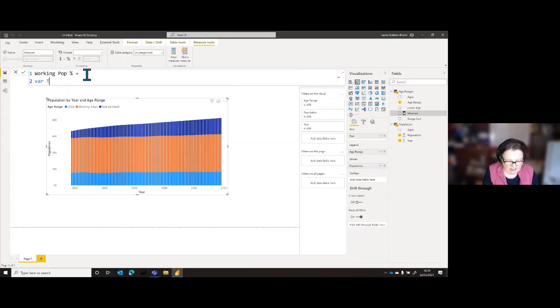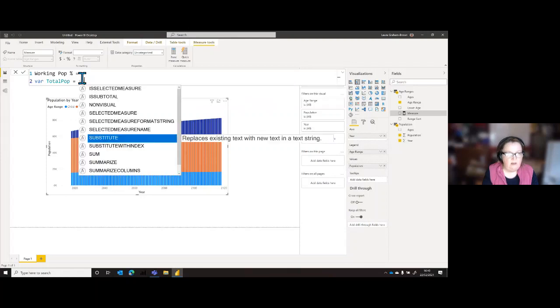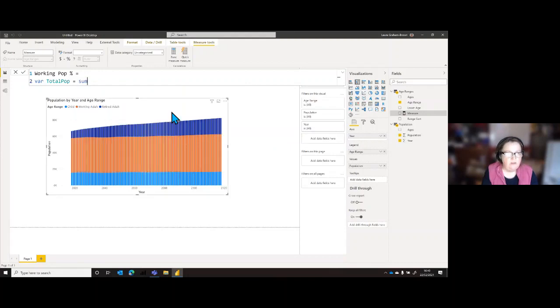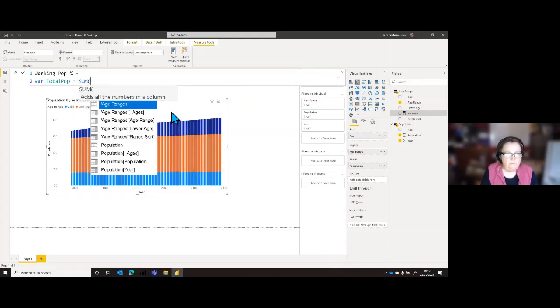So we're going to do a total population equals, and this is going to be a sum. In DAX, you've got the same kind of functions as you have in Excel, and we can go for sum, and then it shows you the kind of columns that you could try summing. So I'm going to go for population.